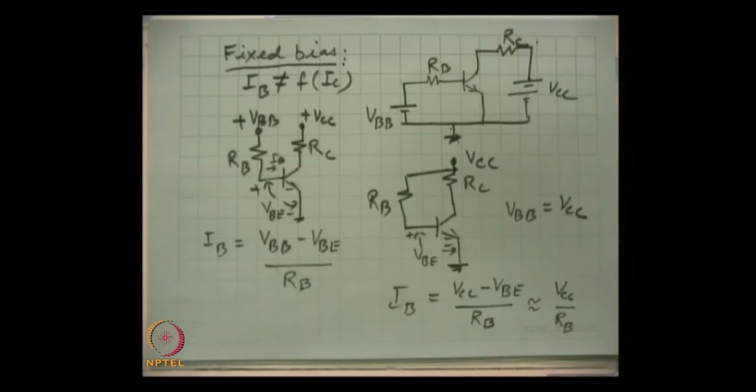So, remember one thing, that fixed bias is almost never used in transistor circuits, though it is simplest and the design is simple and the calculation is simple, but it is never used. The reason is that the circuit will show high instability. The Q point will shift as the temperature goes up or you replace one device with the other. So, what are the practical circuits which are used, and that we will be considering.